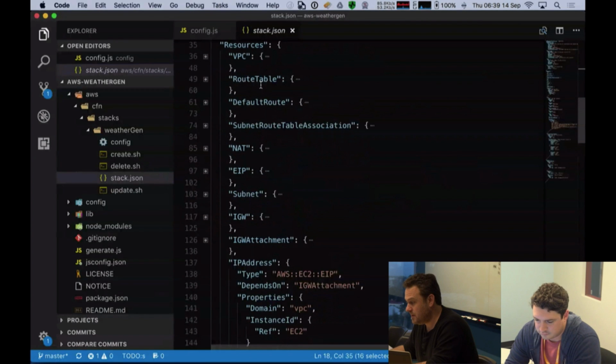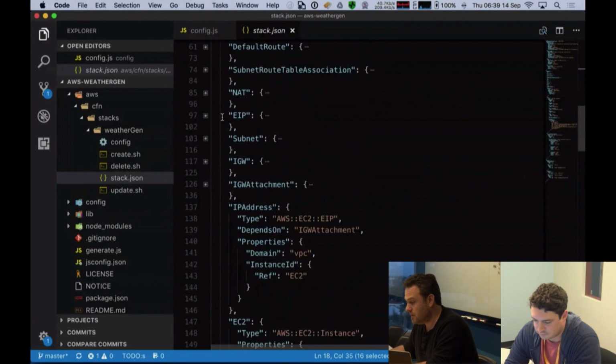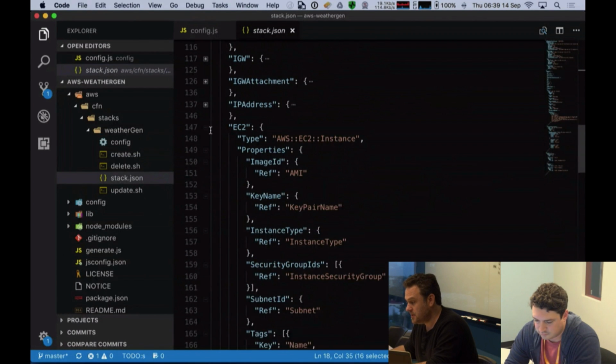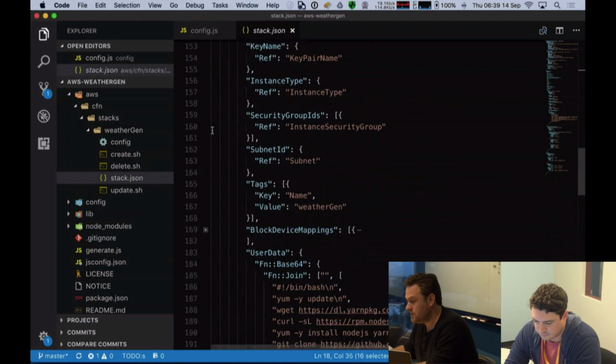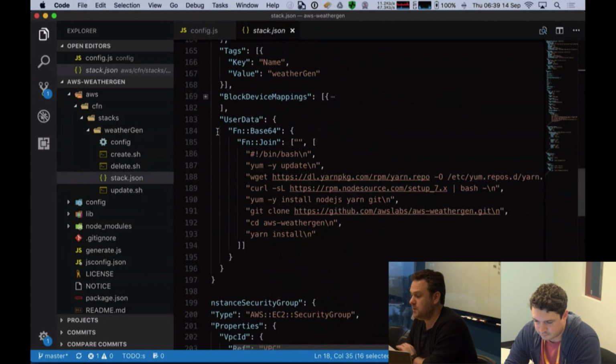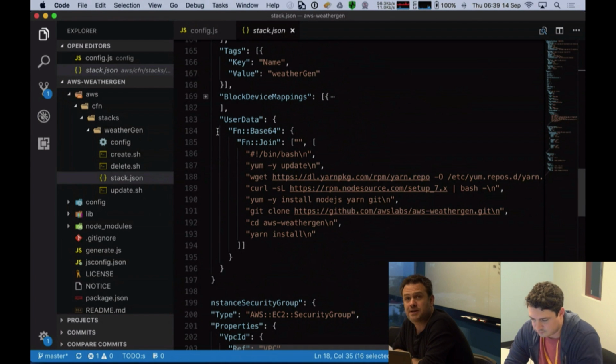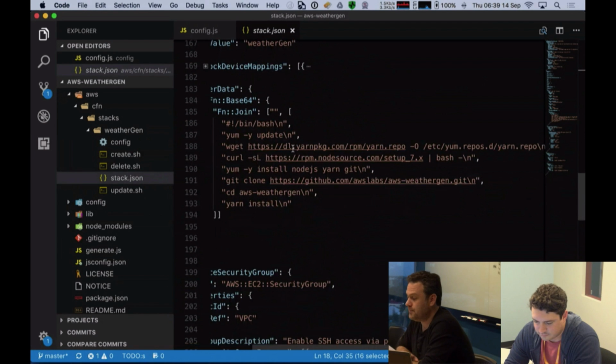We'll just look at that very quickly, because if you guys want to modify your initialization on these EC2 instances, this is where you'll want to do it. So when an EC2 instance fires up, we look for something called user data, which is supplied to the CloudFormation engine in base64 encoded format, but you can supply it by just your normal command line.